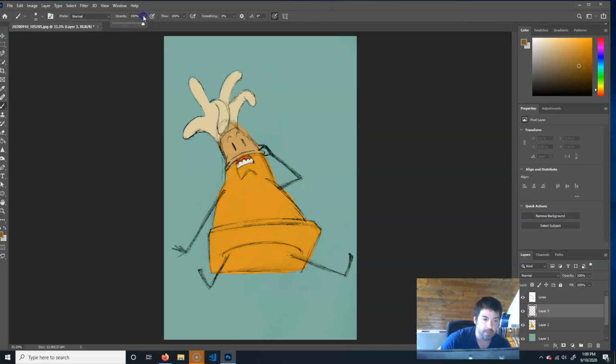And then I'm going to take my opacity down. And I'm going to take my flow down. Okay, so we'll do flow like that. We'll do 50-50. And then this and this, I'm going to put both of these on. So this is going to control, if I have this guy